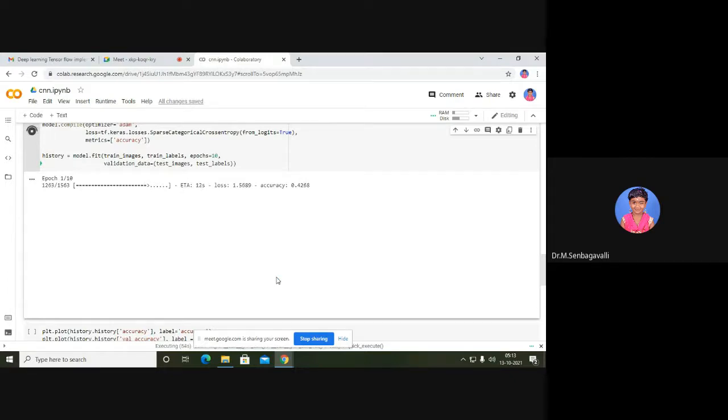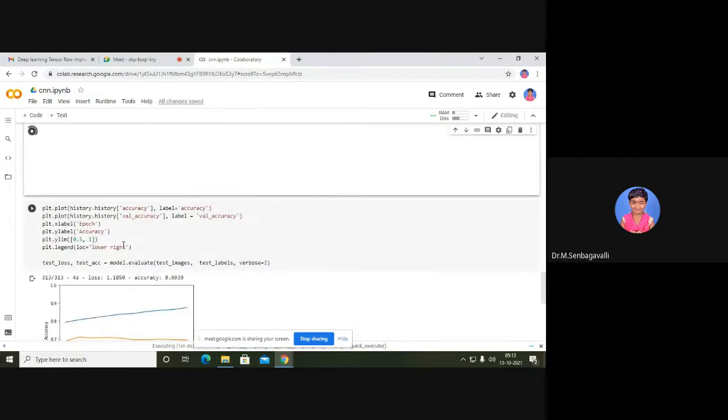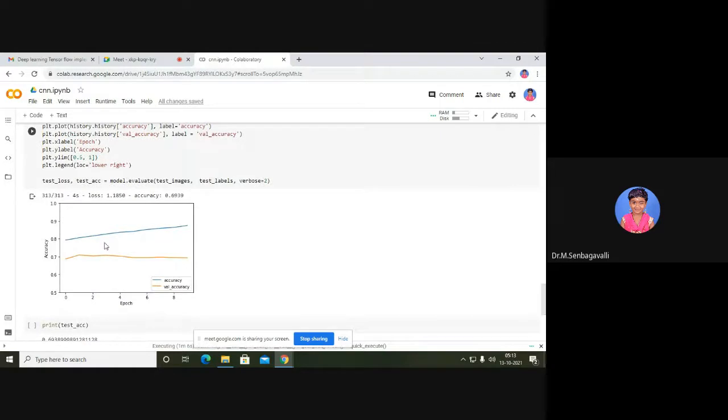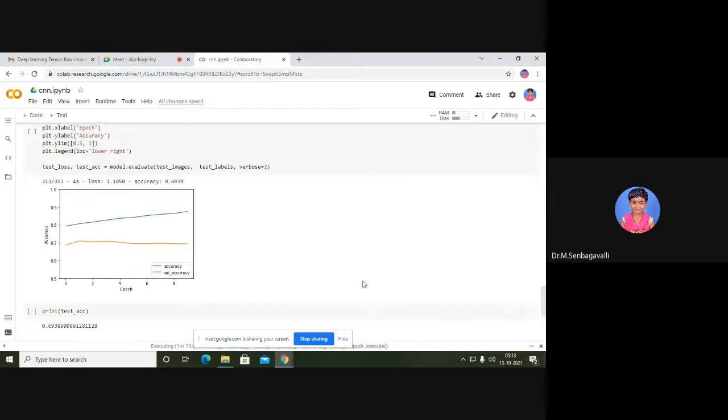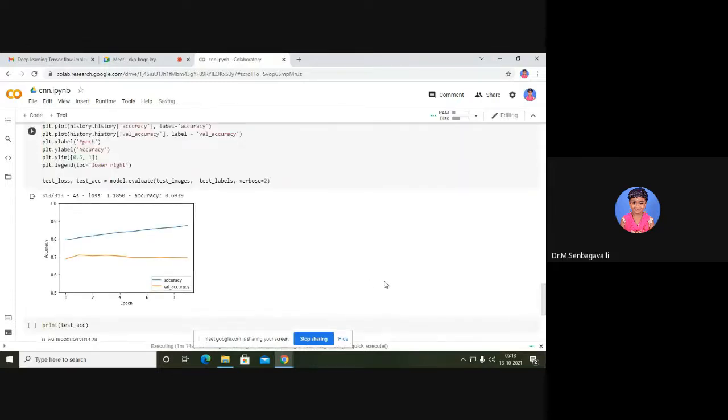Then after that, you can ask your faculties or search it on the net. You will get n number of things, and then you will get the clarity. So once it is done again, if we compile this, it will show this only. And if I compile print test accuracy, the overall accuracy, it will be showing. That's it. So this is the demonstration of convolutional neural network.